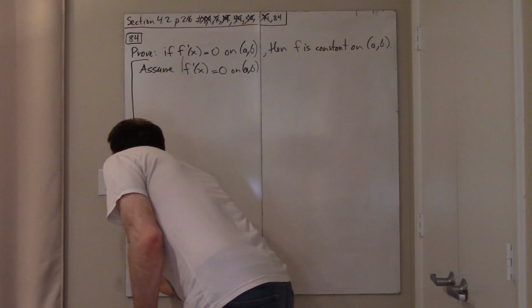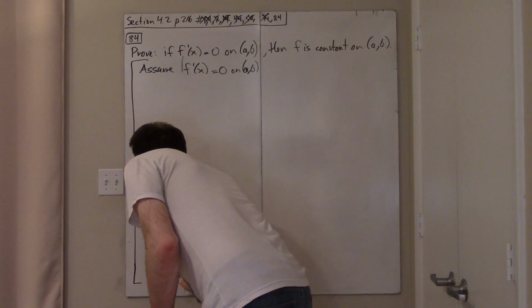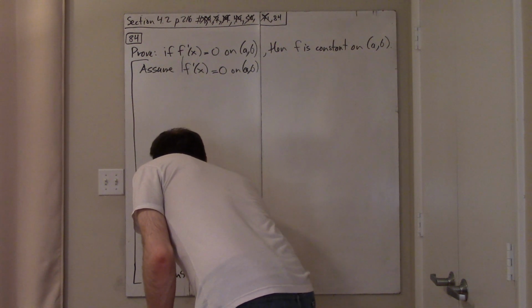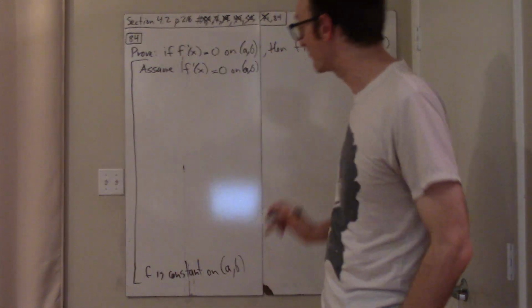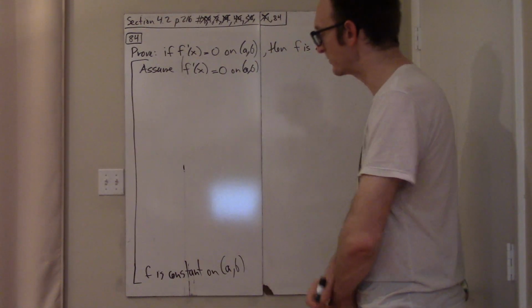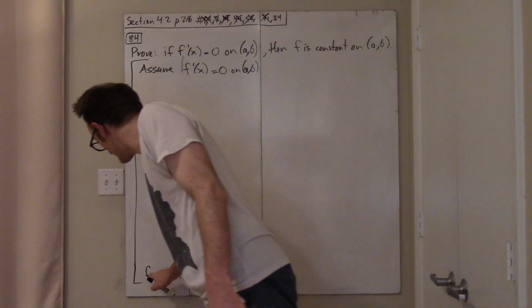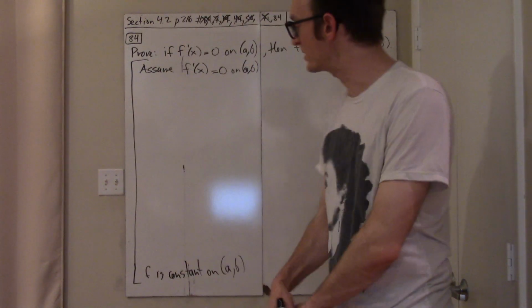So down here, f is constant on the interval a, b. In other words, it has the same y value everywhere. How can we show that it has the same y value everywhere? Well, there's a couple different ways to do this, but probably the simplest way is to do